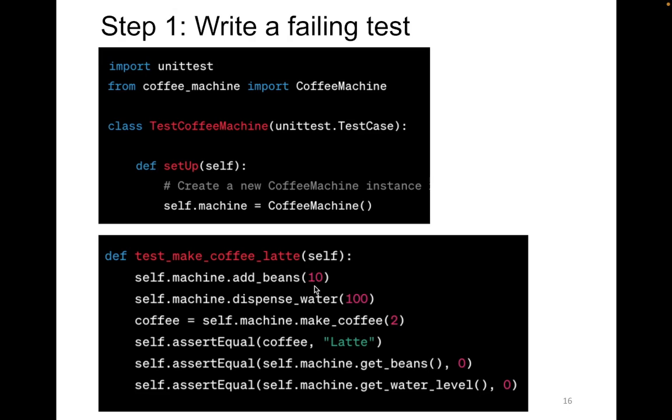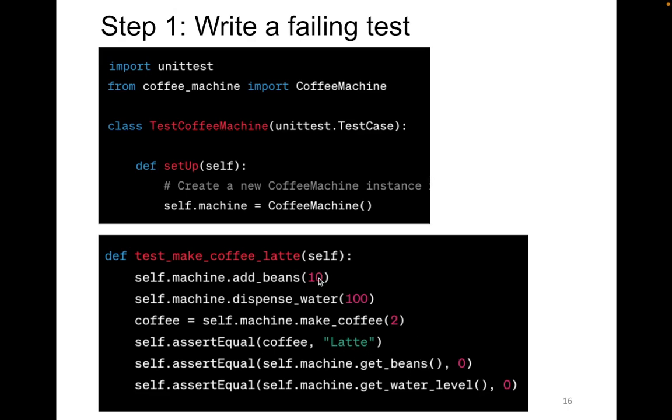You assume that latte requires 10 beans, 100 grams of water, and the coffee type is 2 for latte. And then you assert that the coffee that you've made is latte indeed,